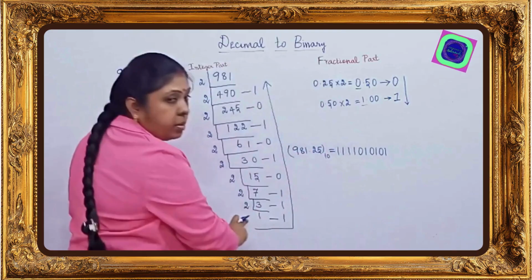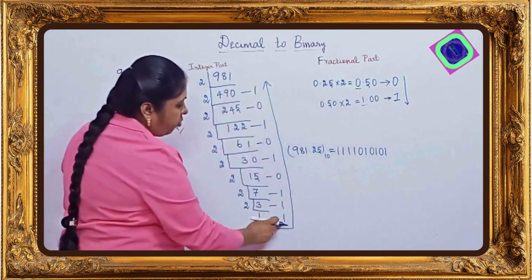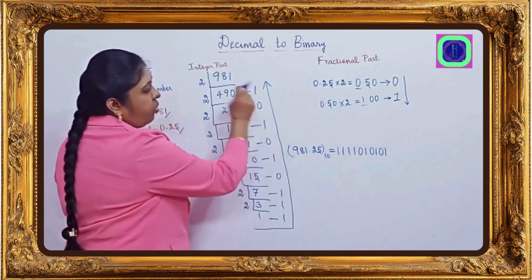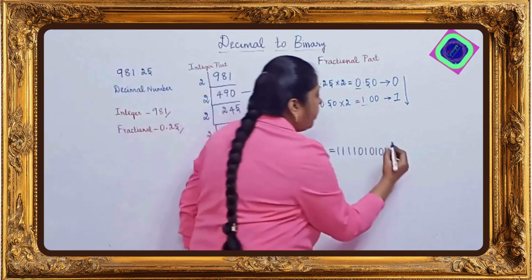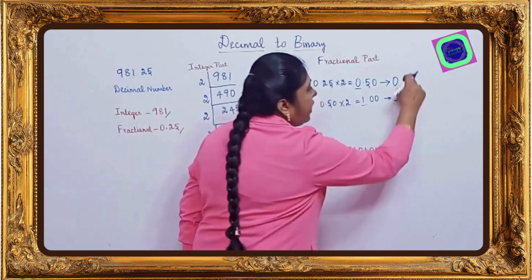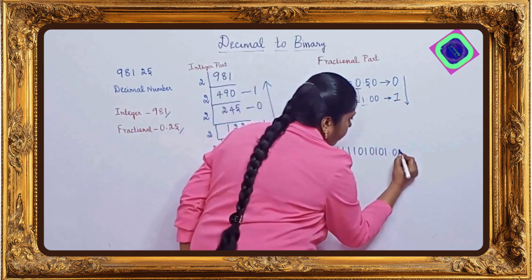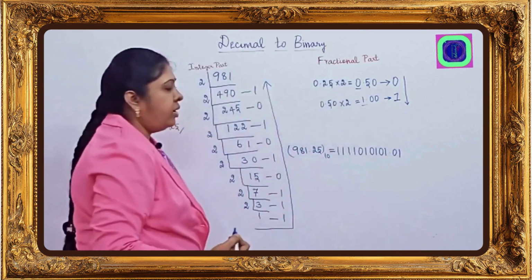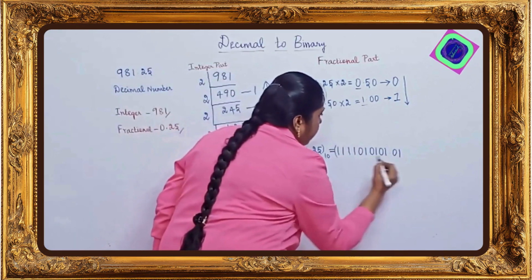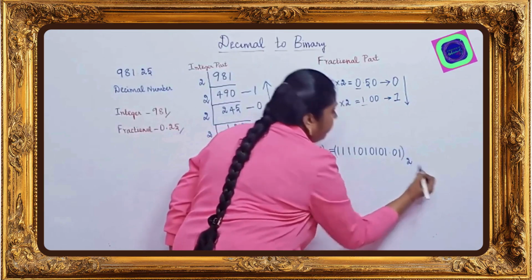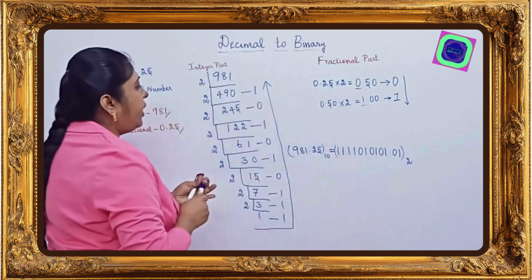The numbers have been written from the bottom to the top as 1 1 1 1 0 1 0 1 0 1. This is for the integer part, and the fractional part has to be written from top to bottom. So 0.01. This is the resultant binary value for the given decimal number